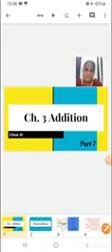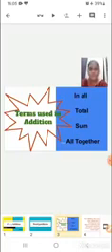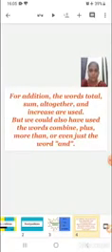Hello students, let us start today a new topic in chapter number 3, addition, which is word problems. Children, for identifying what type of word problem it is, whether addition or subtraction, these terms can be used, which are in all, total, sum, altogether. When we see these words in our question, we can identify yes, this is an addition sum. There are other terms also like combine, plus, more than, or even just the word and.